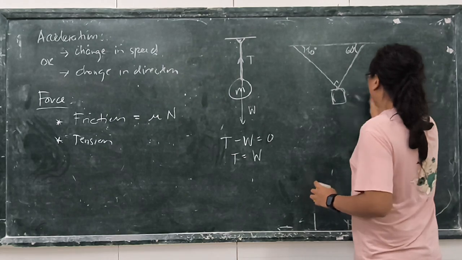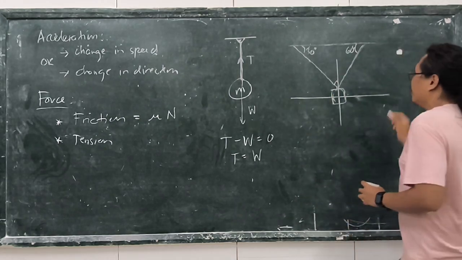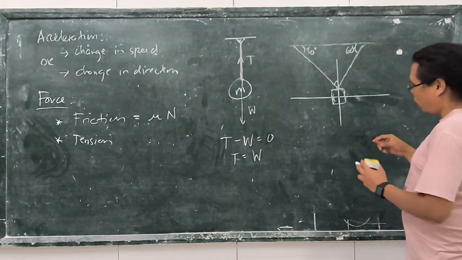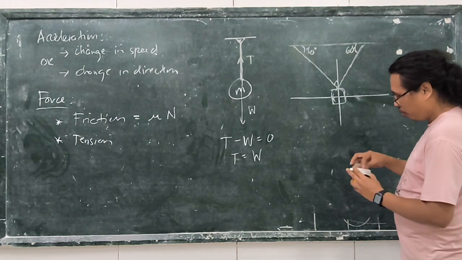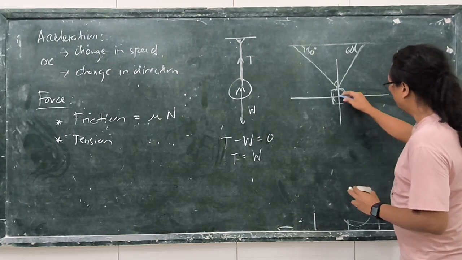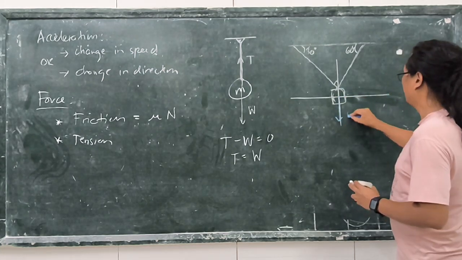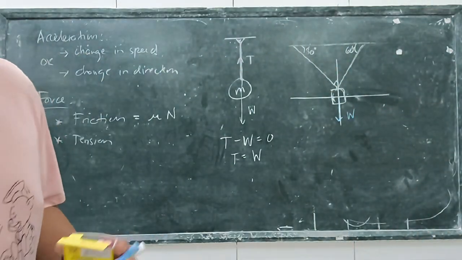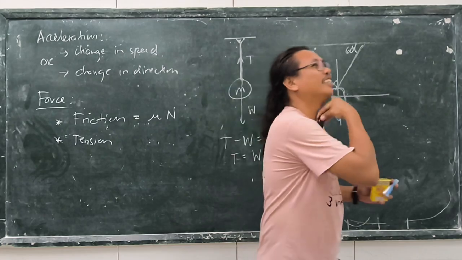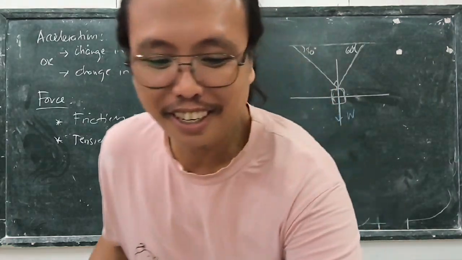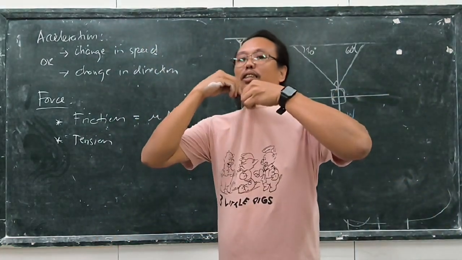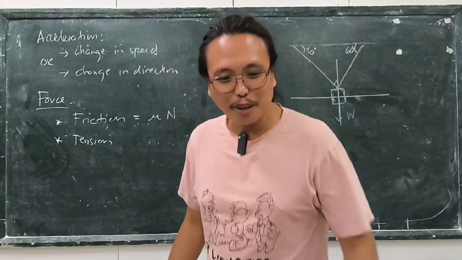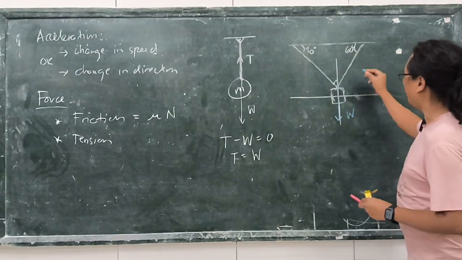So, the first thing that we are going to do is draw a free body diagram and identify the forces. Now, of course, you have the weight going down. Your mic, sir. I can't hear you on the subscribers' side, sir. Your mic, sir. I can't hear anymore, sir. Okay. There. The subscribers are complaining. So anyway.